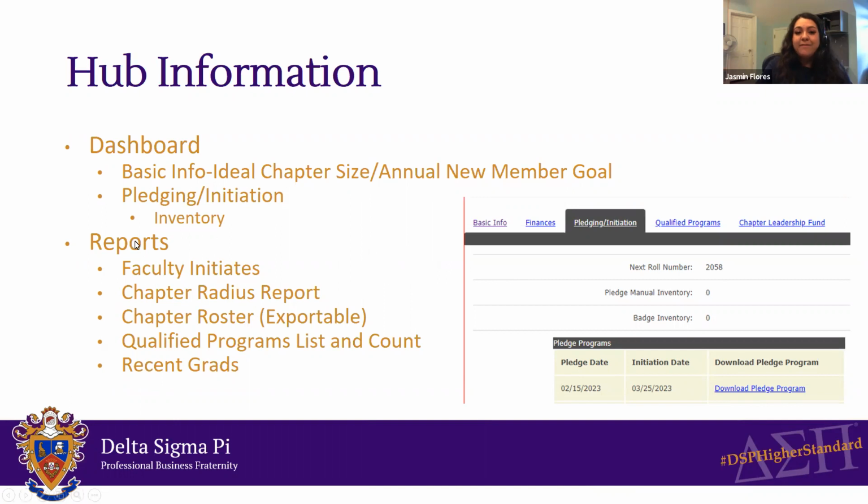there. One of my favorite reports, actually, they're all pretty cool. Go ahead and on the same section, it's close to the bottom, you'll see the reports tab. You're able to pull so many different reports on your chapter, on your members, on pledges, all those different entities. But some that I would recommend you look at prior to your recruitment cycle is the faculty initiates. Pull that report and see who are your initiated faculty that you can specifically reach out to as a Delta Sig